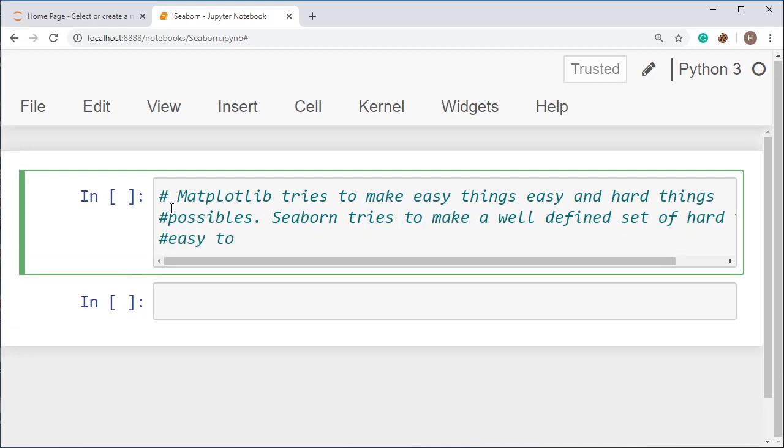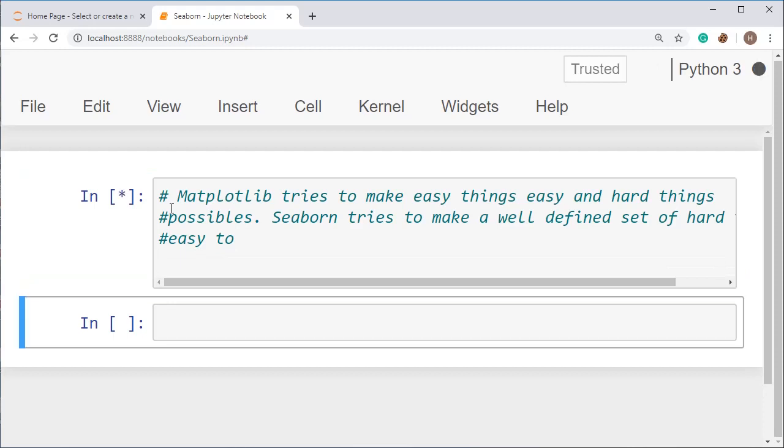So what Seaborn mainly does is provide built-in themes for styling matplotlib graphics, and visualizing univariate and bivariate data, means it will make your data colorful so that you can understand things easily. It is also used for fitting and visualizing linear regression models. Regression models you will learn about when you go for machine learning. It will also help you in plotting statistical time series data. Seaborn works well with NumPy and Pandas data structures.